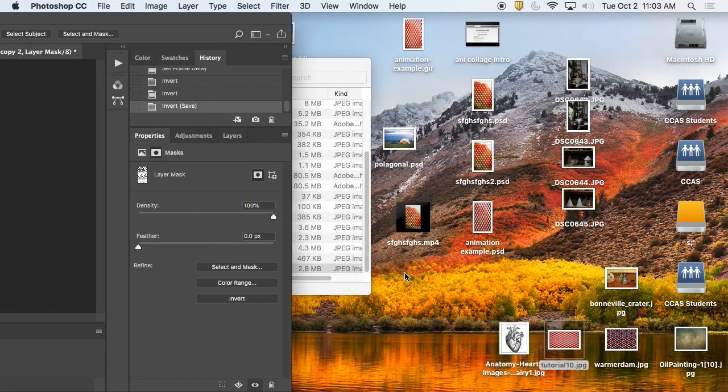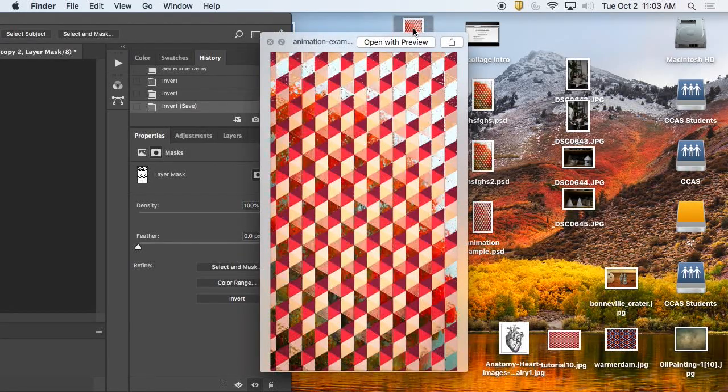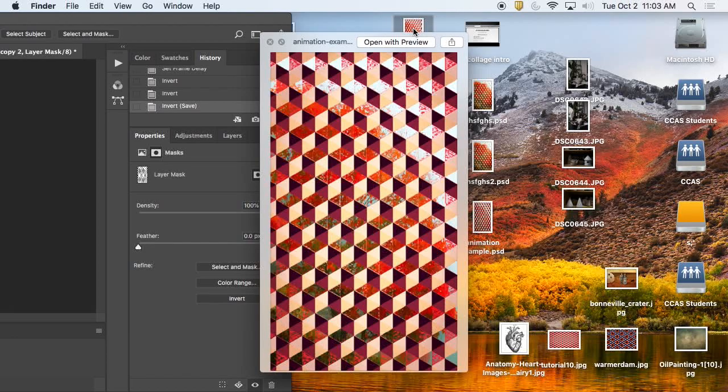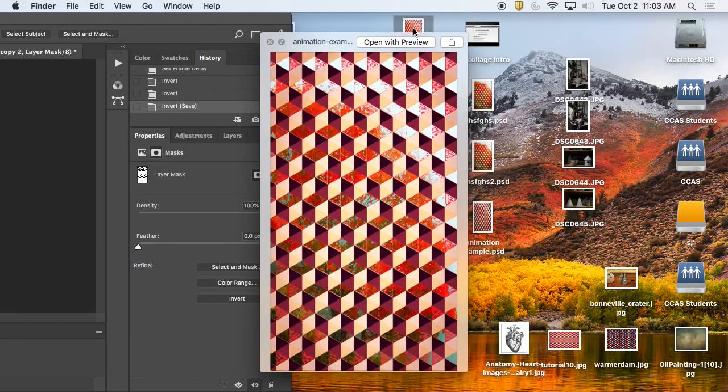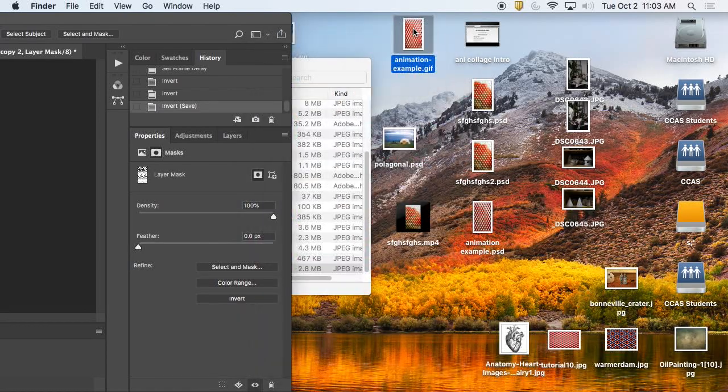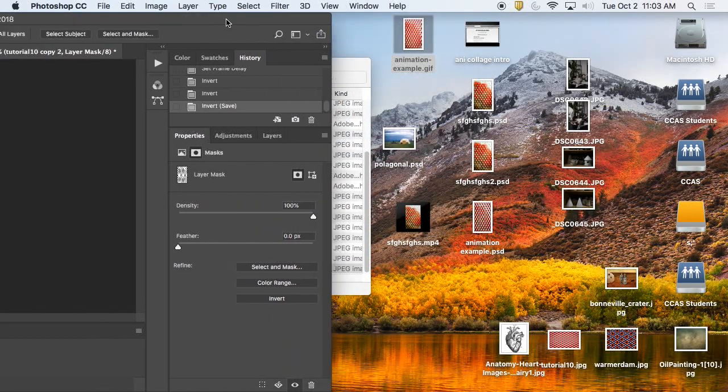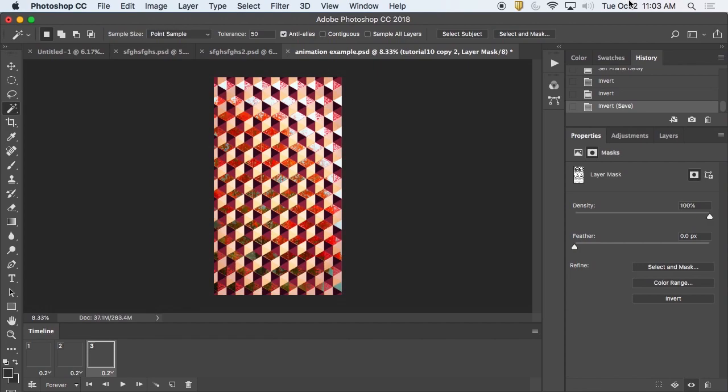And now I have a little animated GIF, okay? Now, this isn't as complex as yours need to be. This is just an example. So that gives you a bit of a start on how to do this.